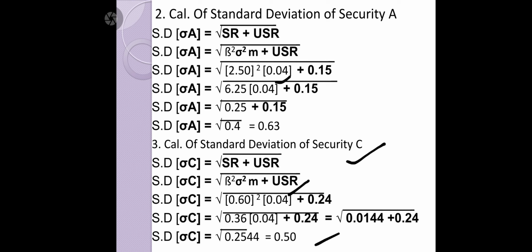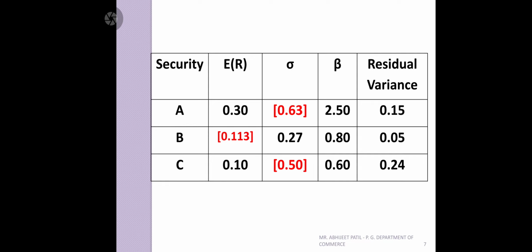So that is where we can calculate the missing values: beta of A and beta of C, standard deviation of A and standard deviation of C. Then lastly we should make a table with the values we found as missing ones, that is the standard deviation of A and C, and the return of 0.113. So overall, what we have to understand from this problem is that when there is a CAPM with unlimited borrowing and lending, and when there are missing values in the table, we can use the equation